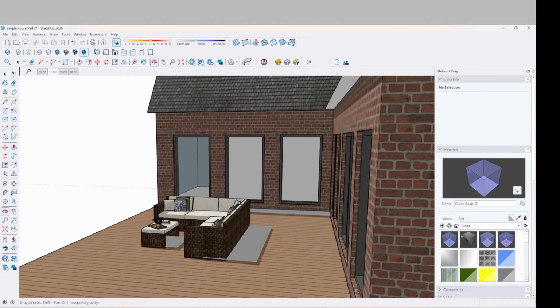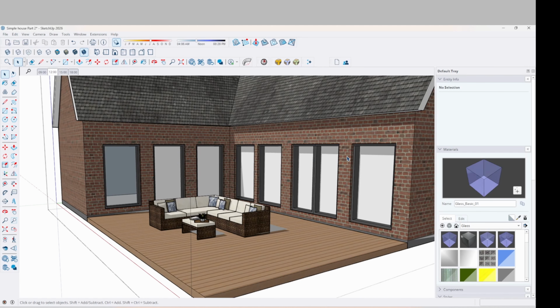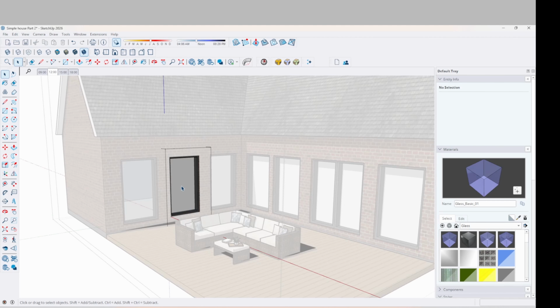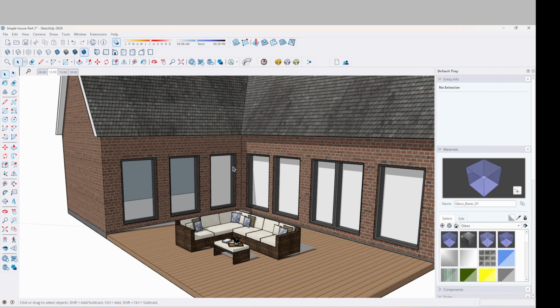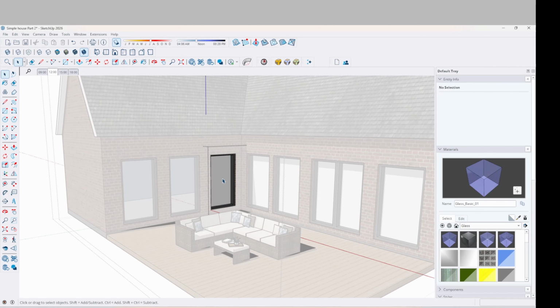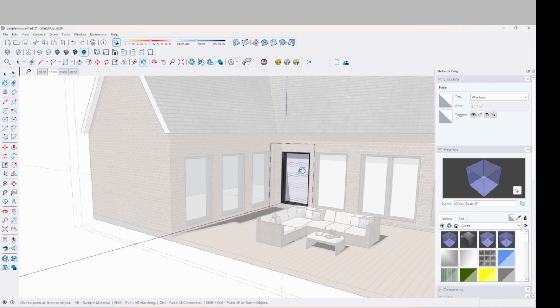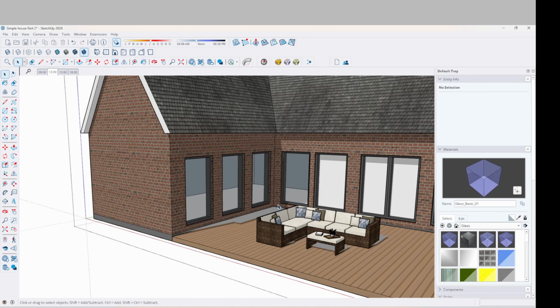Now you can see I can see inside the house, but all the other windows are still solid. I can't see through it. Like I say, if I had 100 windows here, I would have to go into each one manually like this, double click, select the surface, take the paint bucket tool, which is B on the keyboard, and then click on the glass, and then come out again, and so on and so on. I've got to do it on all of these windows now, and this is very time consuming,